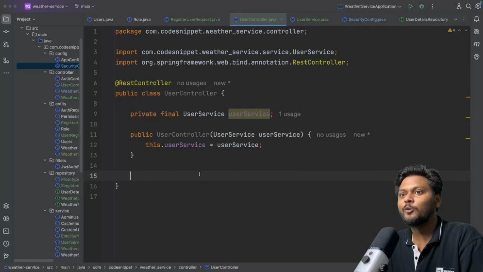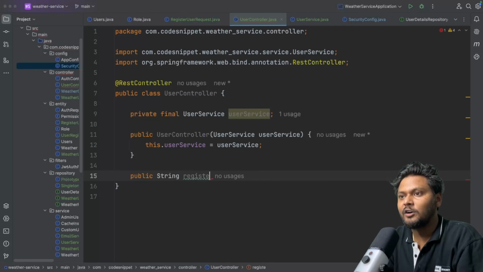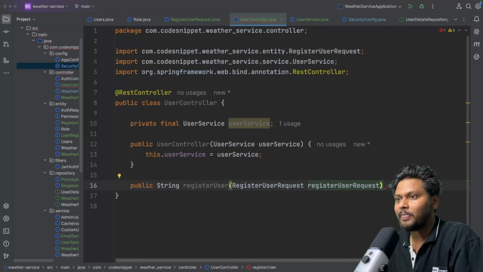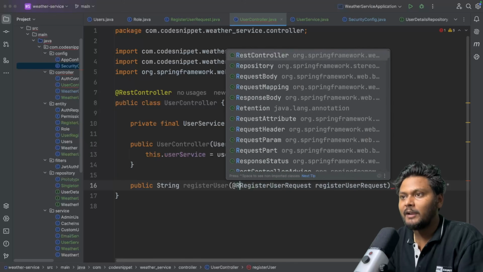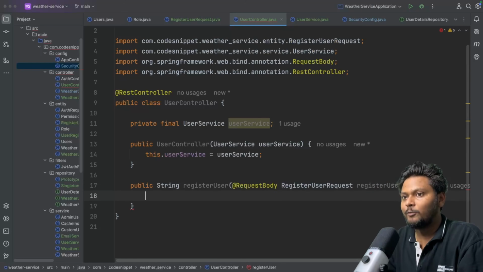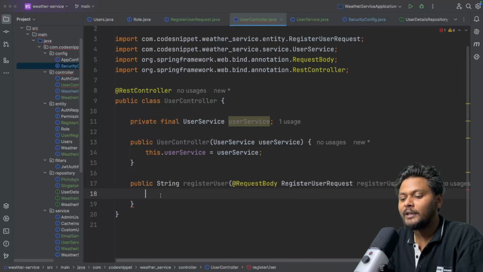Now let's create an endpoint over here. Let's create a public method that returns String for now, and we will call it registerUser. Here we will accept a RegisterUserRequest, and we will mark it as a @RequestBody.